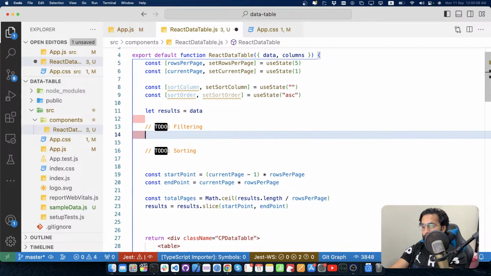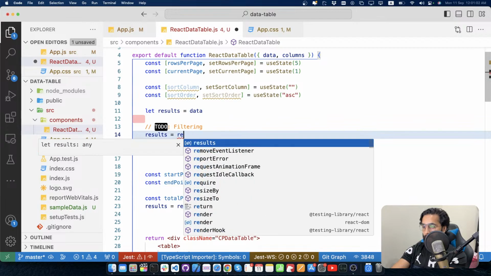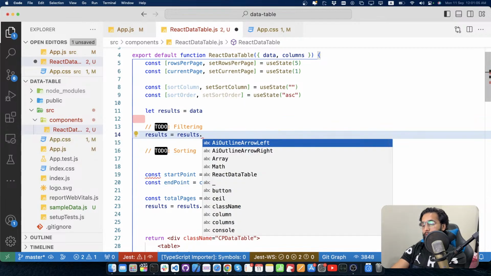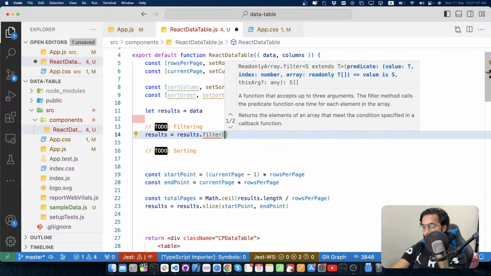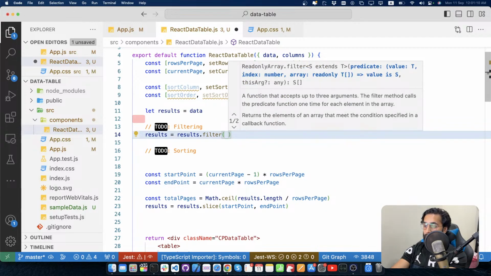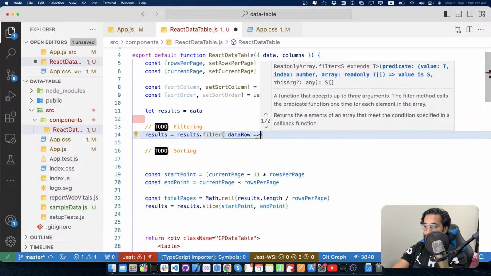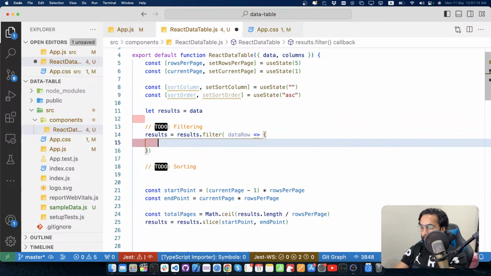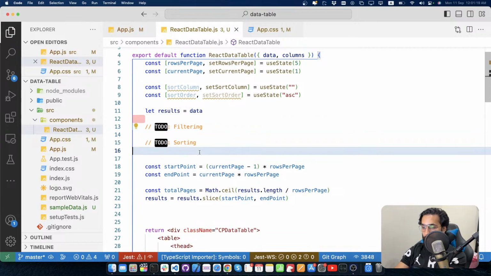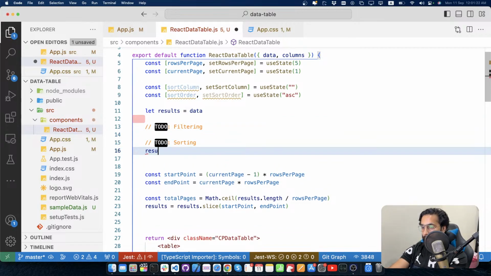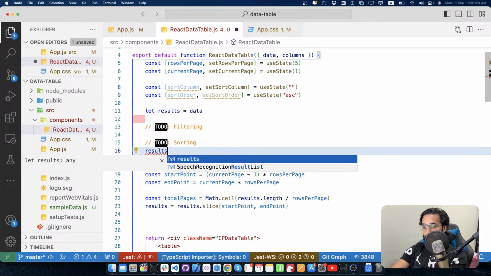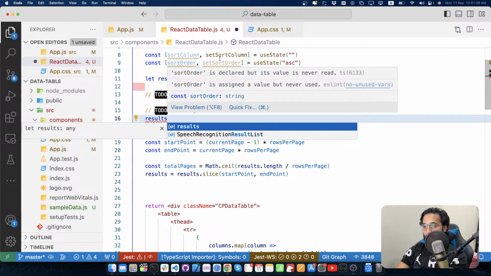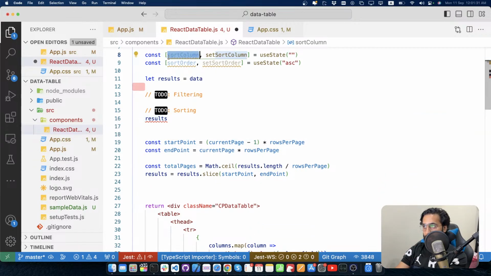For that, we'll just filter the data. Let's make results and go to results. For that, we're going to use dot filter, right? And for filter, we'll get all of the data rows in the loop, and whatever, oops, well, not filtering right now, I forgot, we're sorting, right? So we need to sort the table by the specified column which is in the sort column,